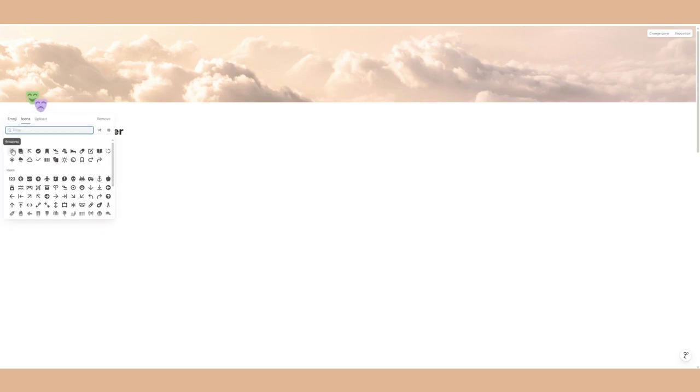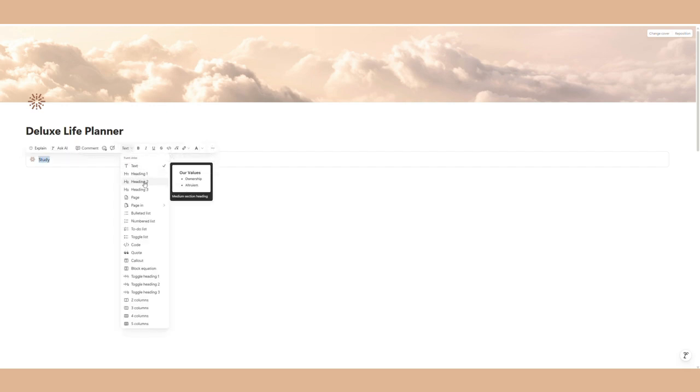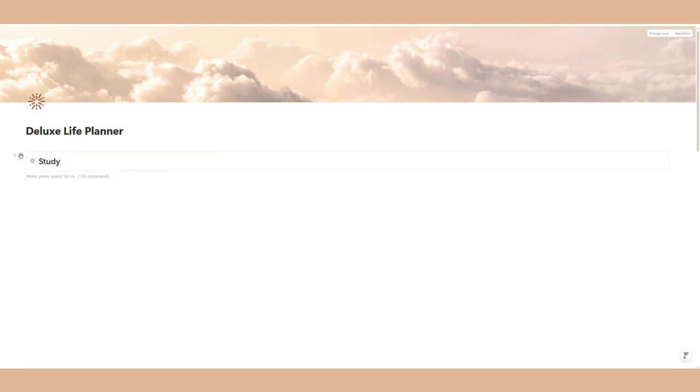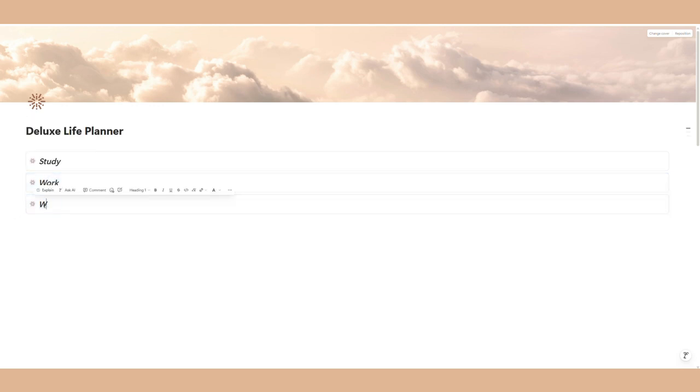And now we're going to start working on everything, building it, the build. So I'm just starting off with the title, Deluxe Life Planner. And adding our header, just the basic framework to get everything going. So basically mostly everything that I've learned through the past few weeks, I'm incorporating it into this Deluxe Life Planner. So this is showcasing the skills or everything that I've learned so far, or most of it, into a holistic